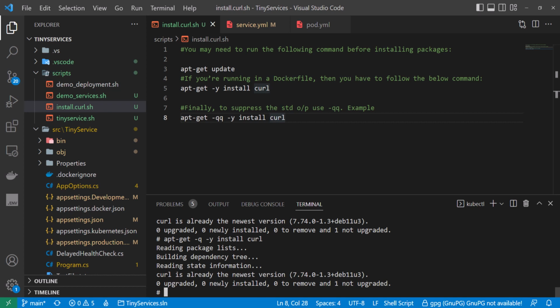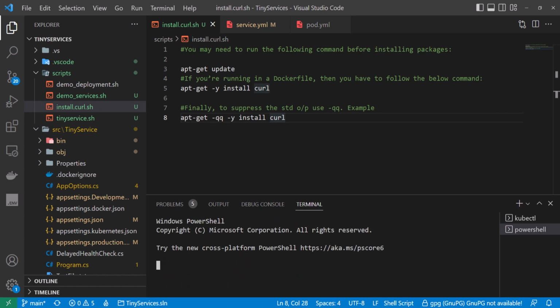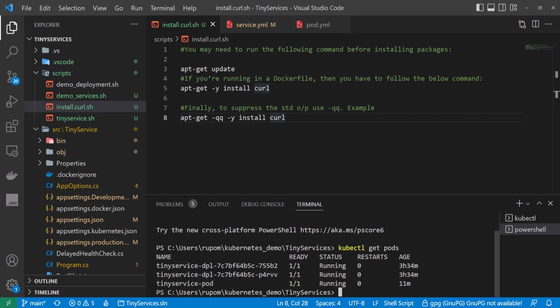Okay, now our curl is ready. Now we need to know the IP address for the pod. Alright, so first we create another PowerShell. Then we get pods. So for example, we will be getting the IP address for this pod. To get that, we can do a couple of ways, like we can describe, or in this case we can use